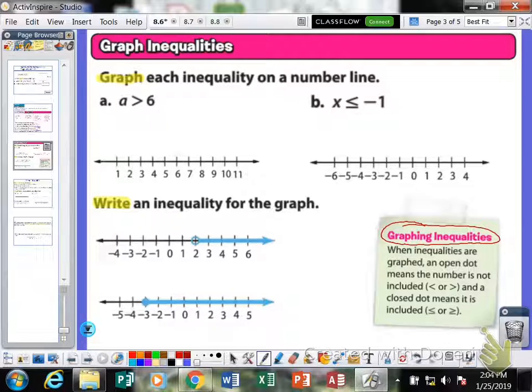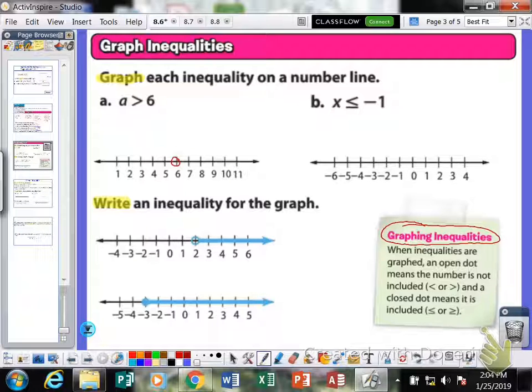And a closed dot means it is included, which in that case we would use a less than or equal to or a greater than or equal to sign. Keeping that in mind, let's look at A. We have A is greater than 6. We have just a greater than symbol, not a greater than or equal to. So we are going to put our open dot